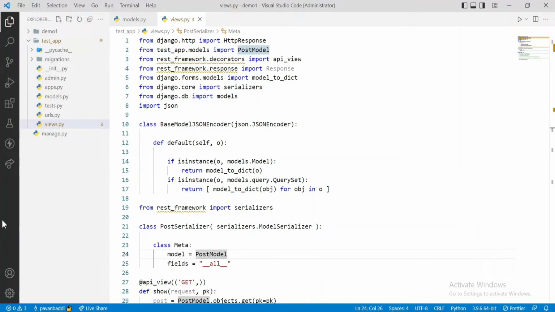And for those who are new to serializers, if you don't know how to create a serializer, you can click on the top left icon. I have provided a link to the other video in which I have explained what a serializer is and the basics of serializers. So now to use the serializer,